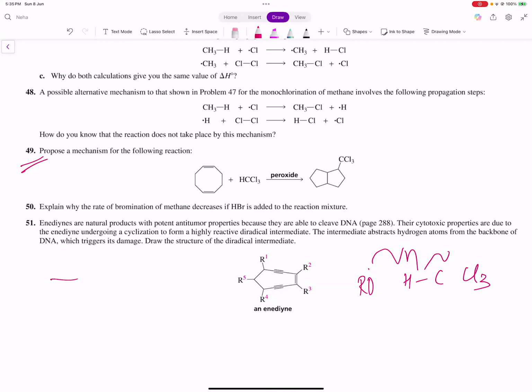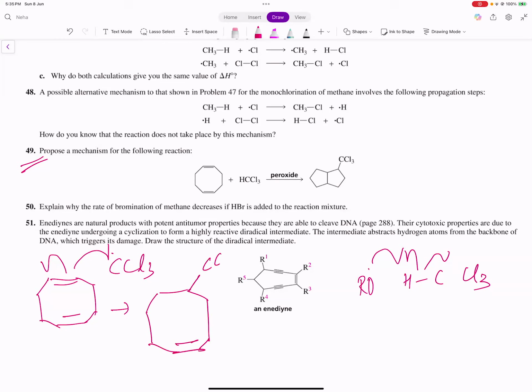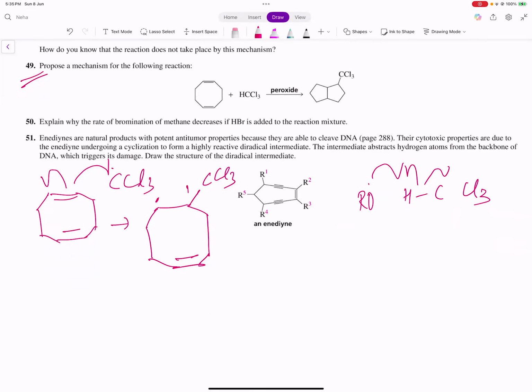I'll get this. I'll get a dot. And now I'll number them. So I'll say 1, 2, 3, 4, 5, 6, 7, 8. So see what is going to happen. This 2 is going to attack this 6. This is a free radical. Now the free radical is going to